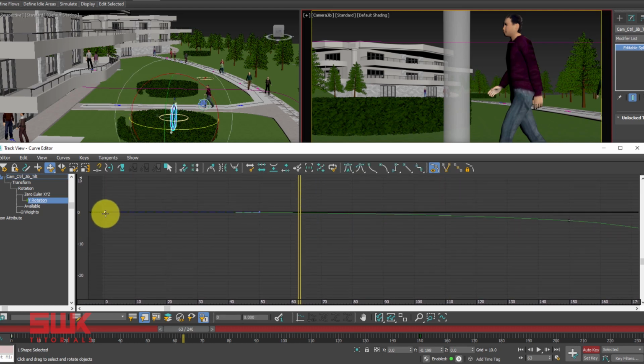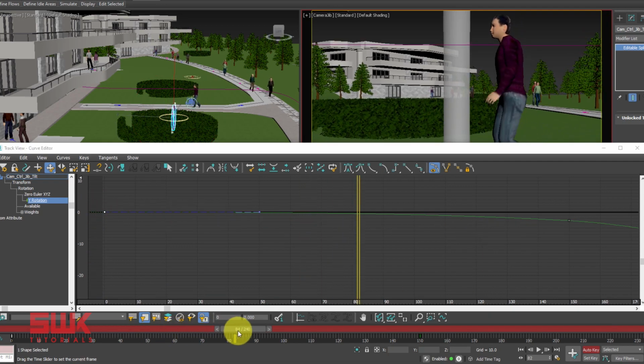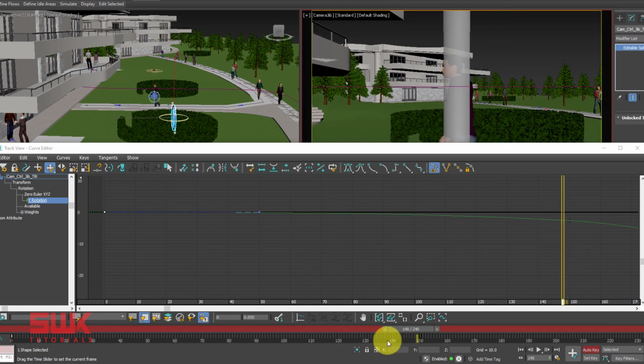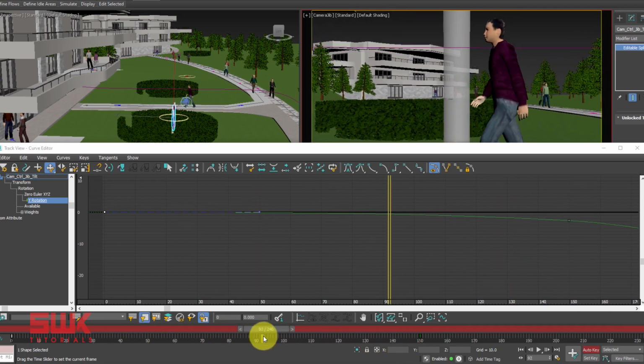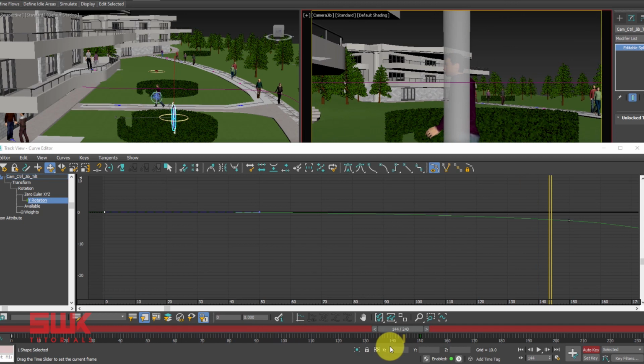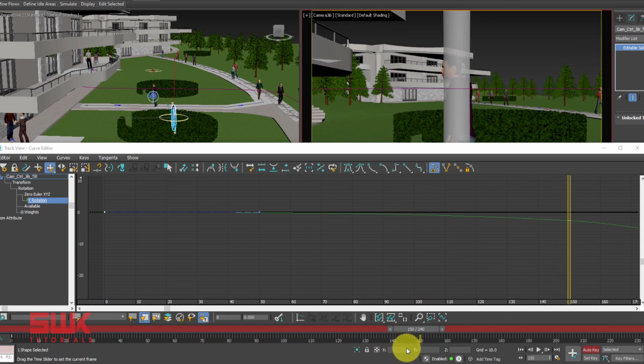Then this is my curve editor, these are my frames and these are my values. In the beginning it is on 0 and then it is gradually going down a little bit. If you see this part, you can see when the values are going down, my camera is going up. You can see here the curve. This key is representing this part.